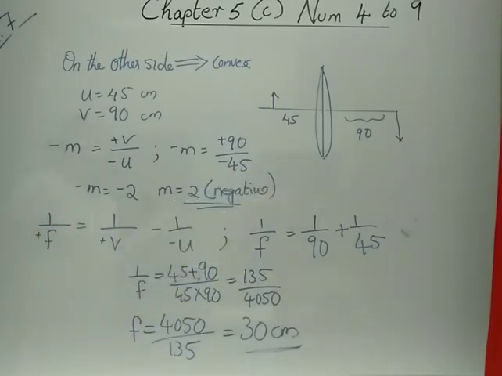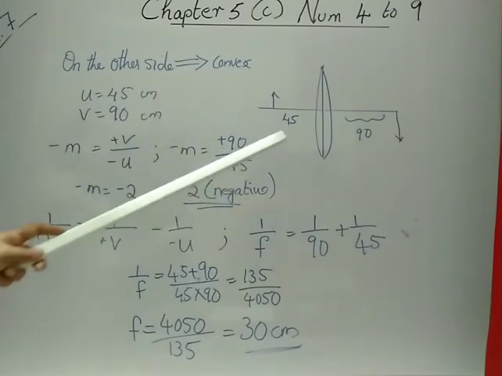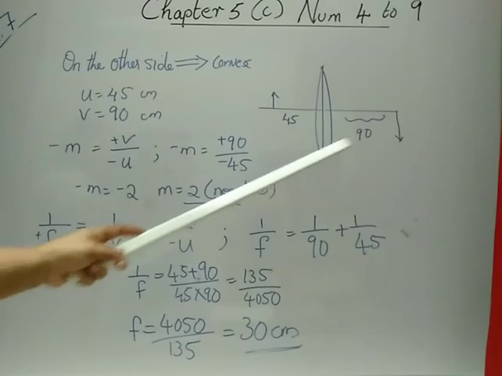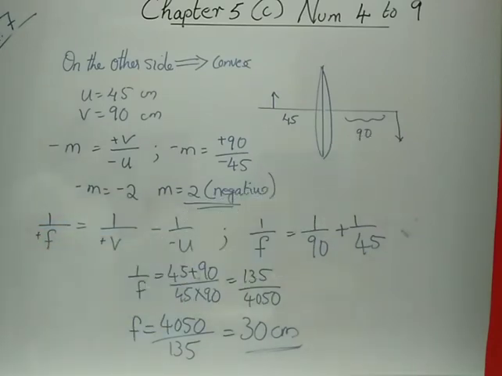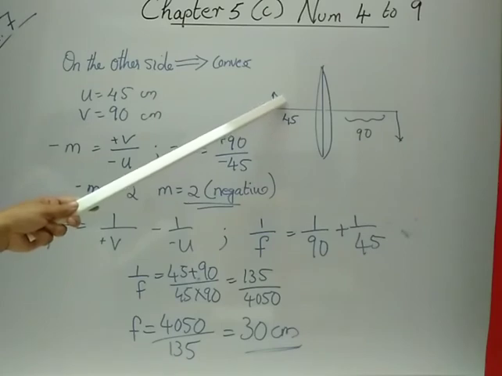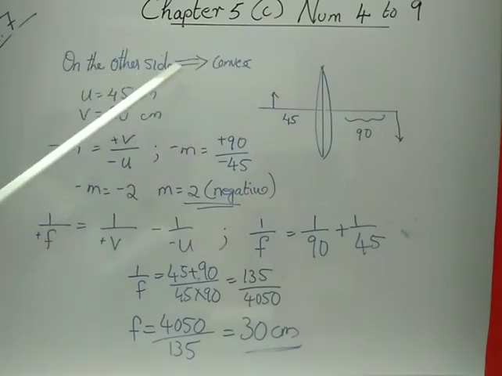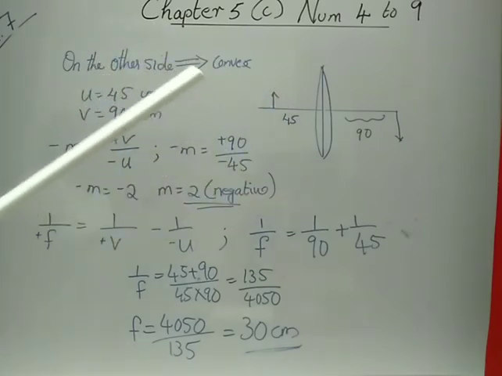Okay. So a lens forms the image of an object placed at a distance 45. So you have to read the question like that. Object placed at a distance 45. Image placed at a distance 90. Name the kind of lens. So since it is given on the other side, for a concave lens, image will be formed on the same side. So from this sentence, we got the clue that the lens is convex. Find the focal length and magnification.